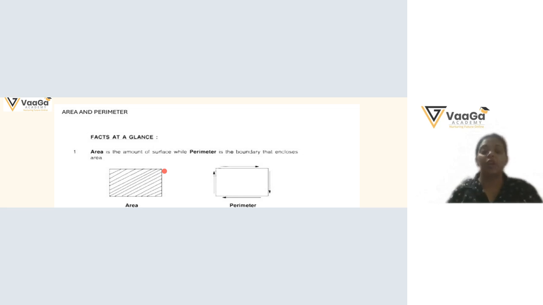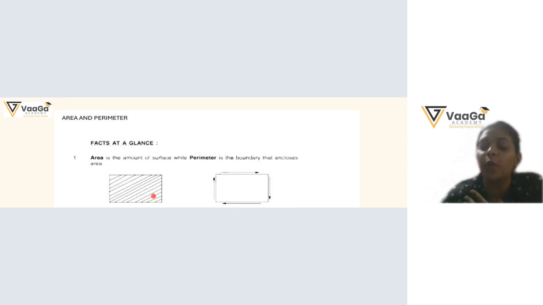Great. So we'll be starting with area and perimeter. Have you heard the words area and perimeter? Yeah. Can you tell me what a perimeter is? What do you understand when I say the perimeter? Perimeter is the total outline of the shape. Right, the total outline of the shape. And what about the area? Area is how much space is occupied inside the shape. Right, how much space is occupied inside it.